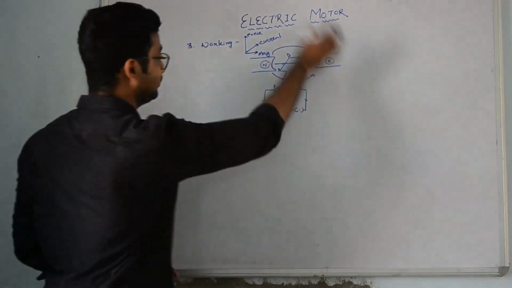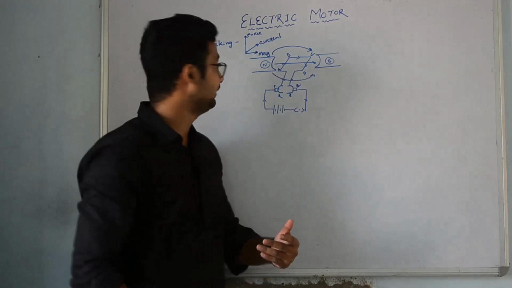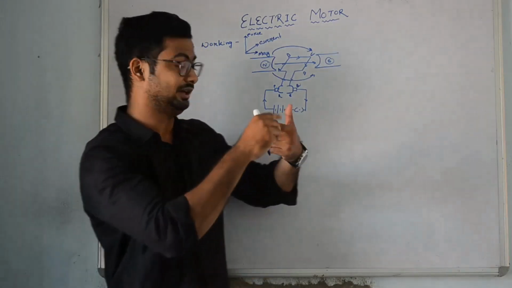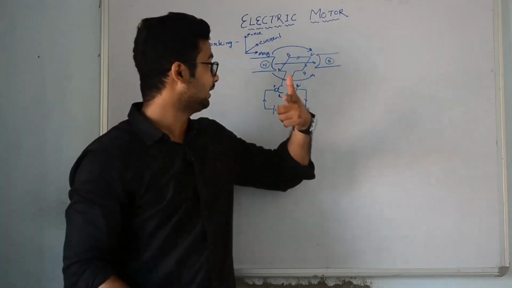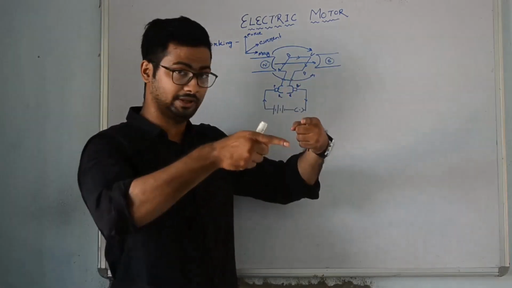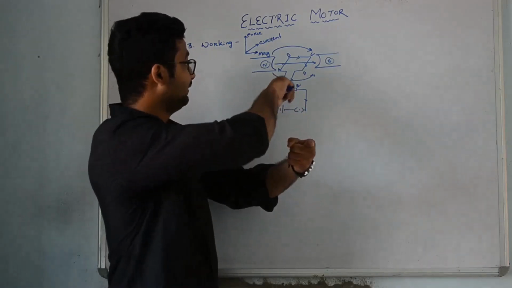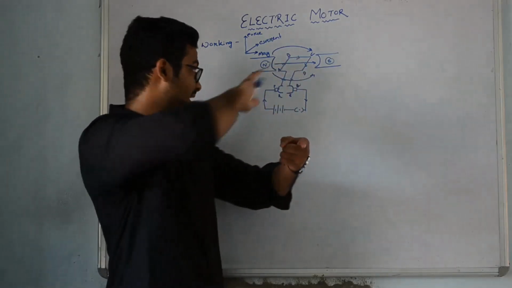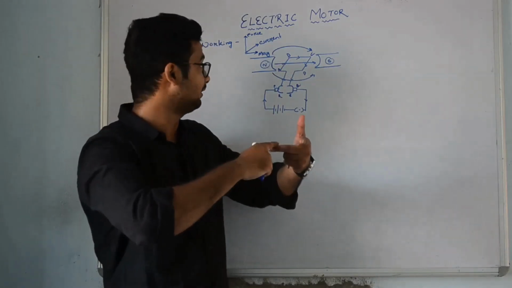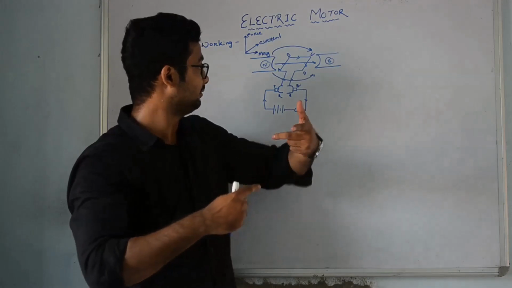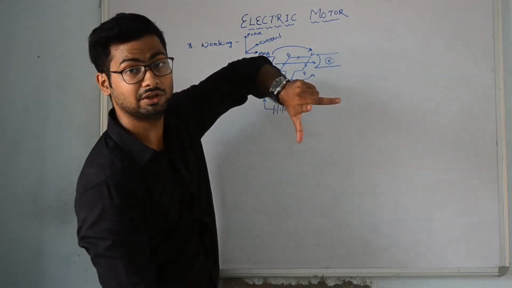Now let's come to this side. In this side we can see that current is moving out of the plane. The direction of the index finger represents the direction of current, so if current is moving out of the plane, then it will be in this direction. And as we are seeing that the magnetic field direction is in the direction of the middle finger, in this direction, then the direction of force is downward in nature.